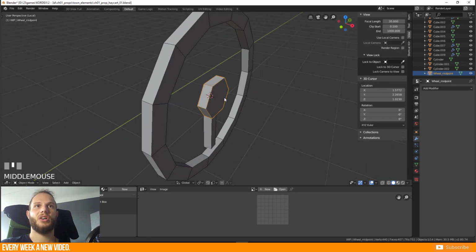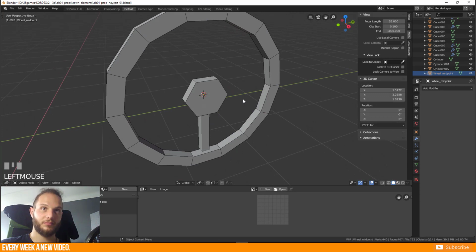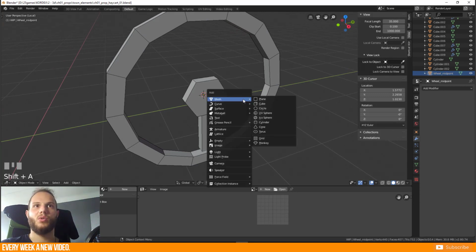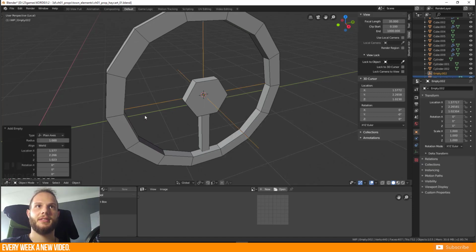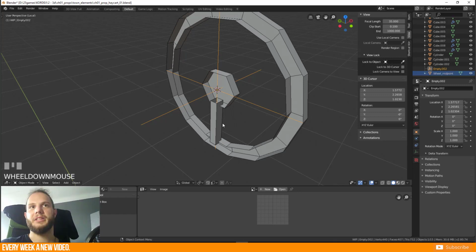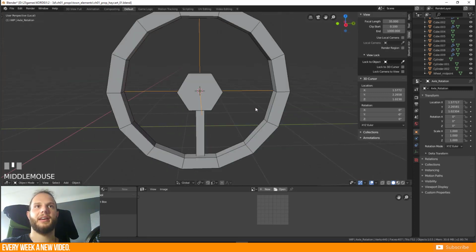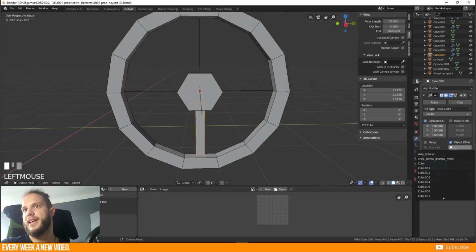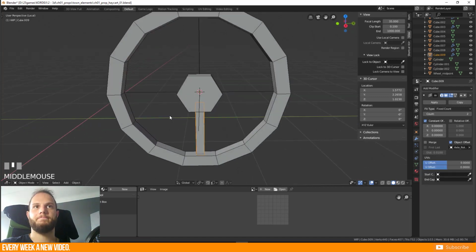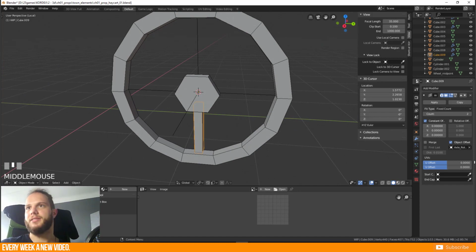So this is exactly in the origin, and now I'm selecting a new object, an empty object, plain axes. This is fine, and I need to give this empty object a name now. Axle rotation, or something like this, and I will select this axle rotation now where it is. So bam, currently nothing happened, and when I give it 14,